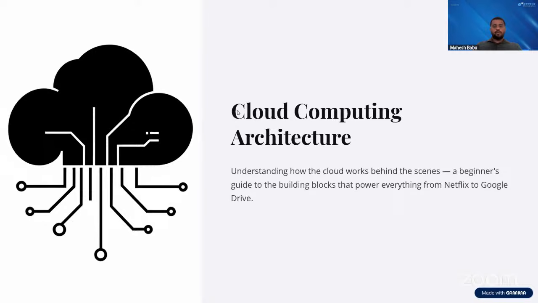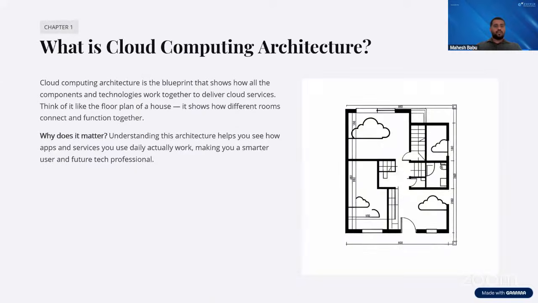So the architecture of cloud computing comprises all the components like front end and back end, which we will be taking care of. Cloud computing architecture is a blueprint that shows how all components and technologies work together to deliver the cloud services. If I think from the customer perspective, I will be able to get all the resources from the cloud provider. It provides a standard format where we can manage our resources remotely by simply sitting at our on-premises locations.